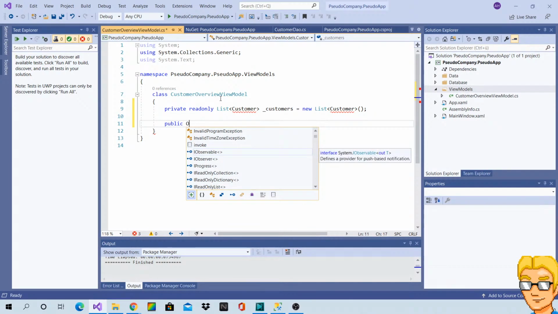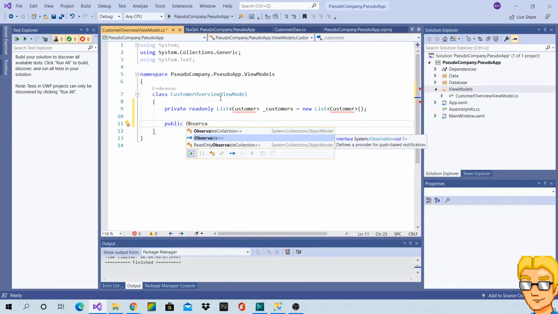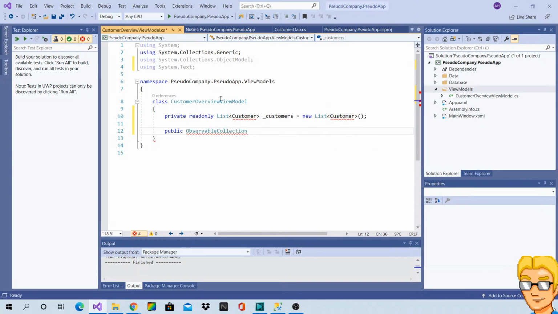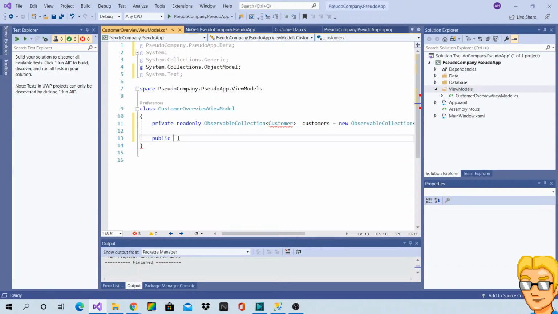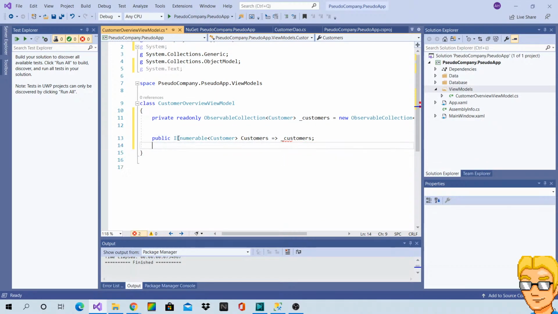Let's see. Hold on. This needs to be an observable collection. And obviously this is in a different namespace, so there. What else?